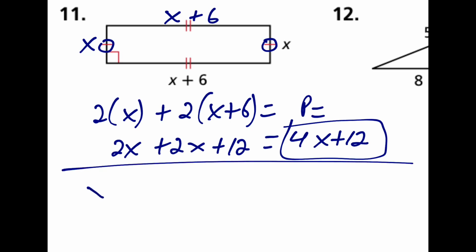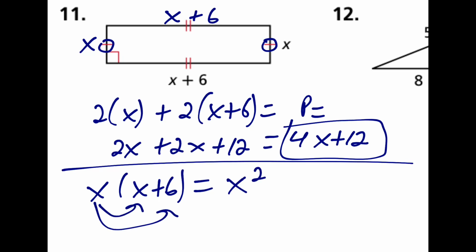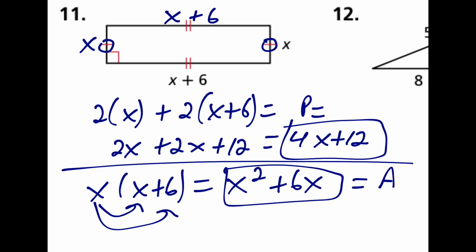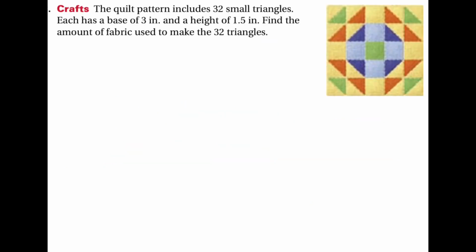For the area, I multiply length times width. So when I distribute, x times x gives me x squared, x times 6 gives me 6x. And that's my area. For 13, we needed to use the area formula for a triangle, which is base multiplied